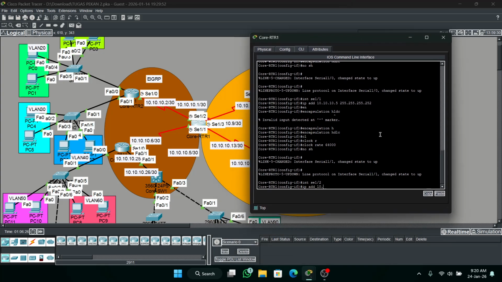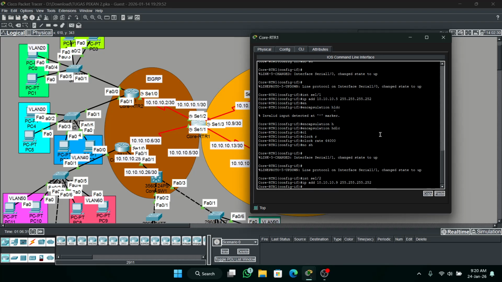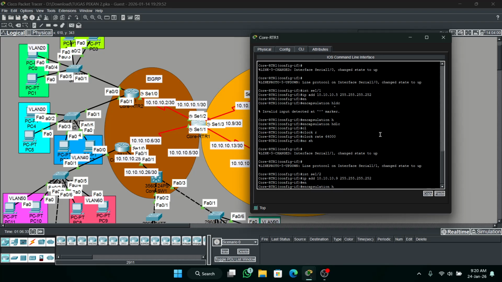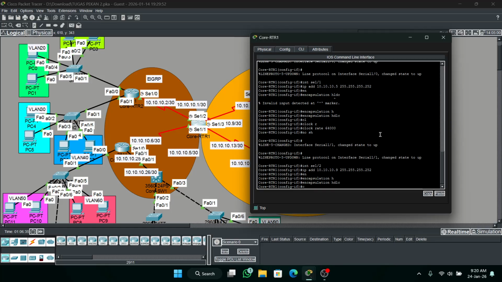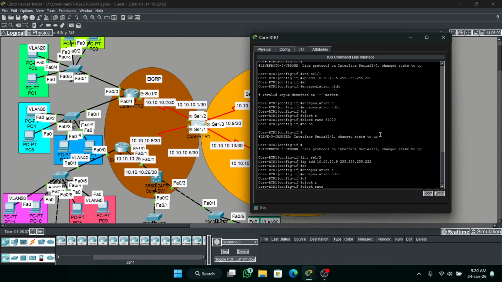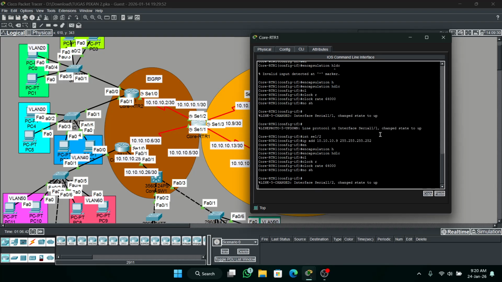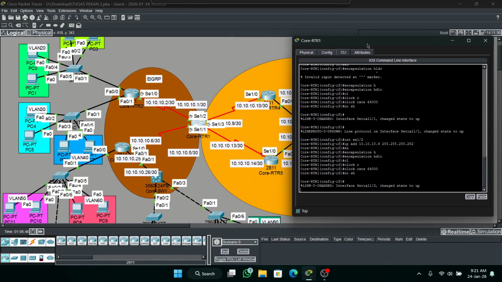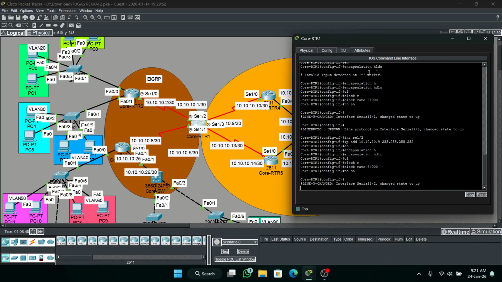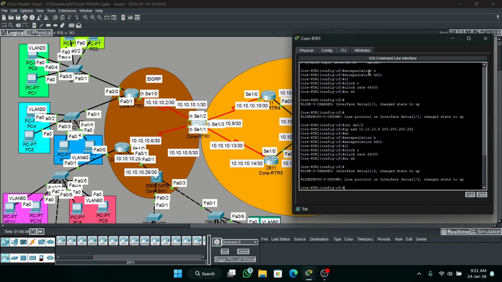IP address 10.10.10.9, 255, encapsulation HDLC, and this is clock rate 64,000 and no shutdown. Okay, changed to up. Good. Next, go to serial 1/3.